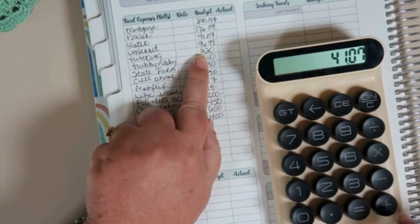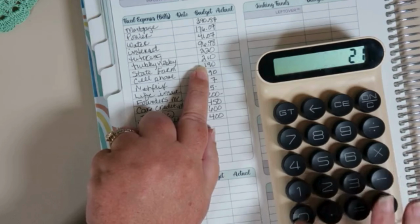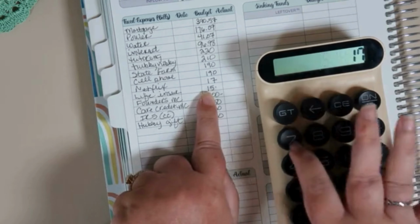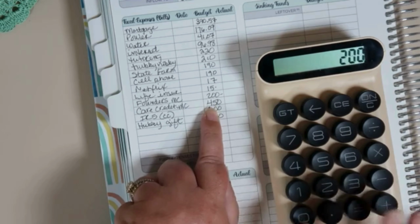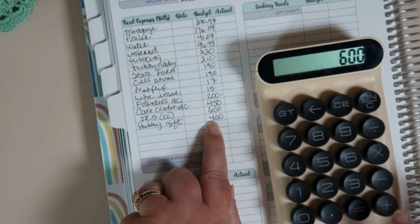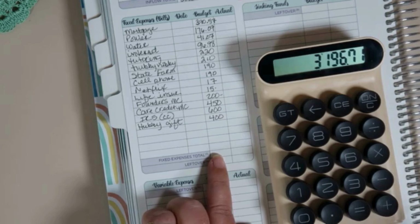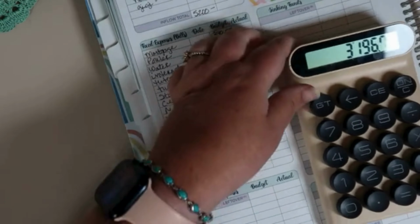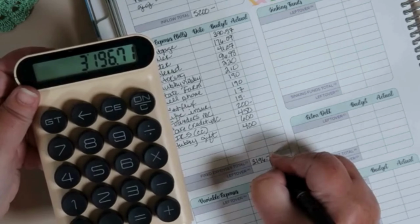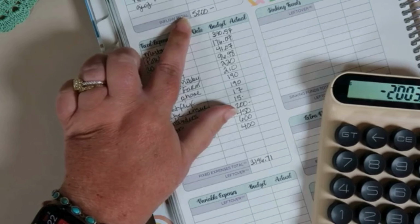Water, internet, tutoring, hobby, car insurance, cell phone, Netflix, life insurance, Founders, Care Credit, IRS, and hubby gift. $3,196.71 is right. So $3,196.71, and then we're going to take that from the $5,200, and that's going to leave us